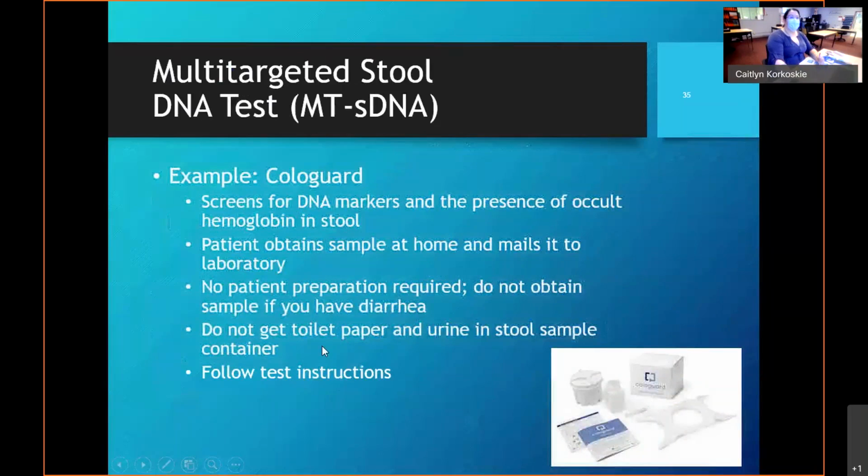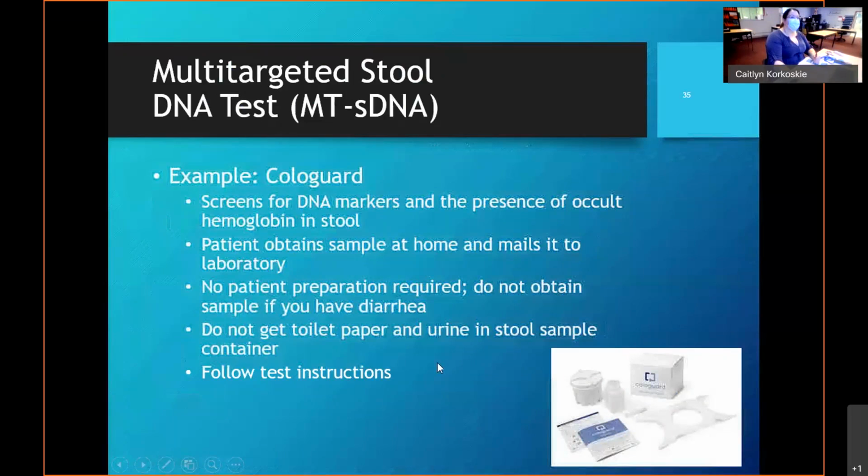Basically they obtain a stool sample and send it, putting it in the little container, or whichever way they want them to do this. Sometimes they just need to collect from 2 different areas of the sample and smear in 2 spots, and then use the developer. But I can't remember exactly how Cologuard works,